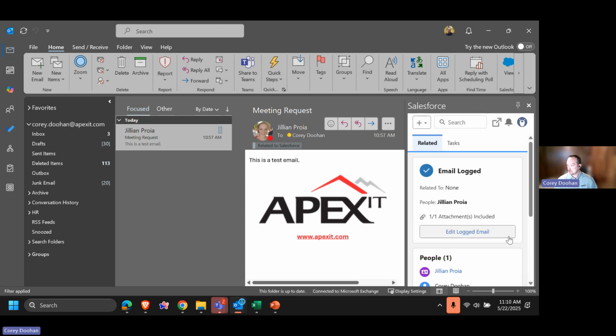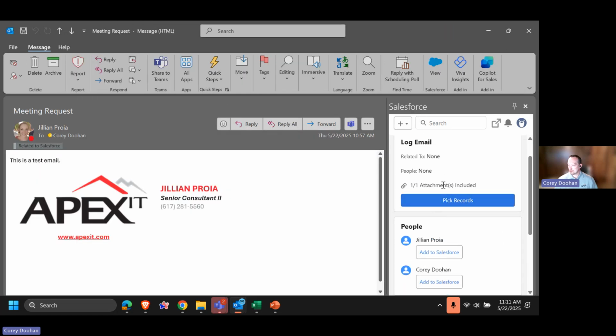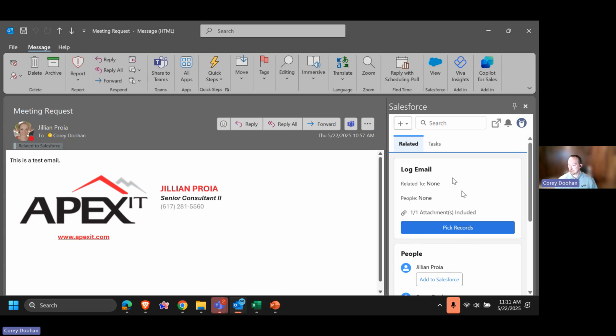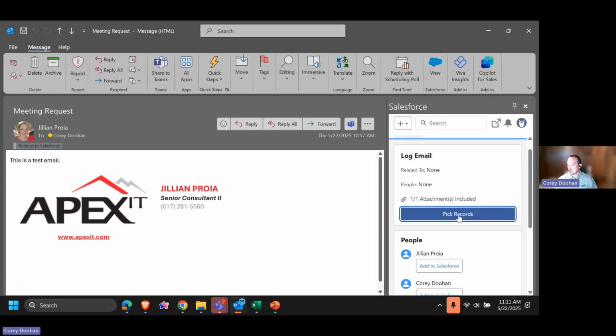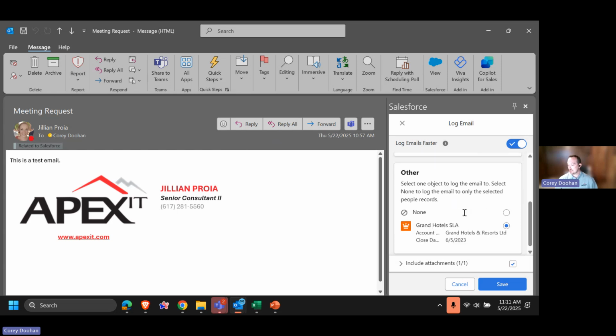You can log, be specific on what you log as well. For example, if you wanted to pick and choose only certain types of attachments, instead of automatically attaching everything, you want to be careful of storage in your org. You don't need to attach all of the signatures necessarily, right? You can also choose where you're saving it, of course. Maybe I have a particular opportunity that Jillian is now going to be tied to, and every time,